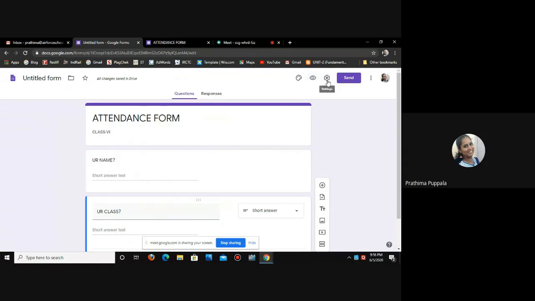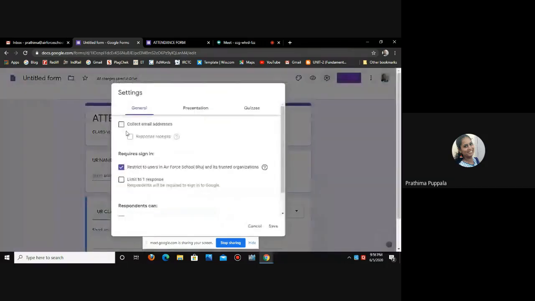Now you have seen the preview. Next one is settings. Click on settings. Now see general settings. In general settings, by default the check box, the square box, is selected in blue color. That means it is restricted to users in Air Force School Bush and its trusted organization.